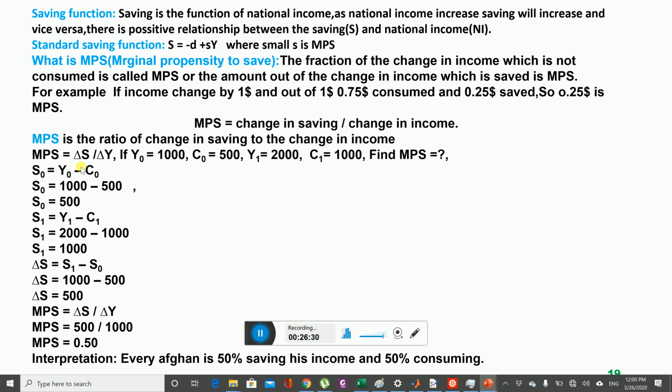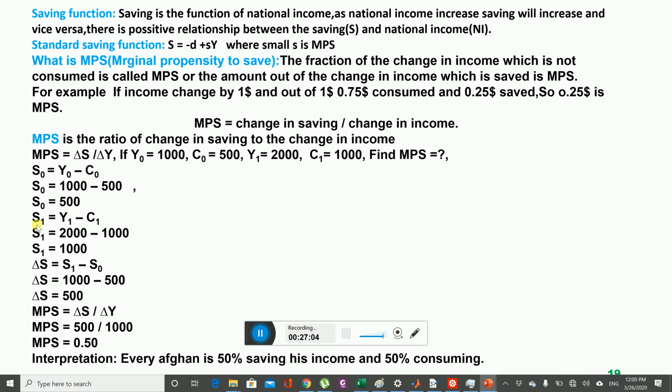So we will find out the change in saving. S0, the first saving, is first national income Y0 minus first aggregate consumption, meaning 1000 minus $500 billion. We find the $500 billion saving. 50% is the MPC. It means every individual is saving 50% and consuming 50%. So out of the $1,000 billion national income, $500 billion is consumed and $500 billion is the saving of